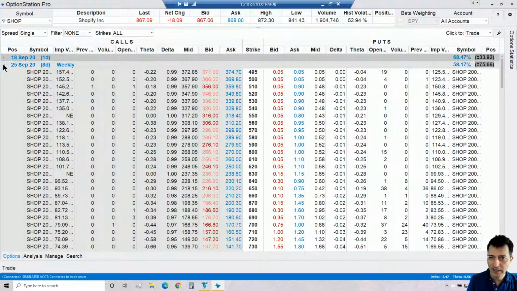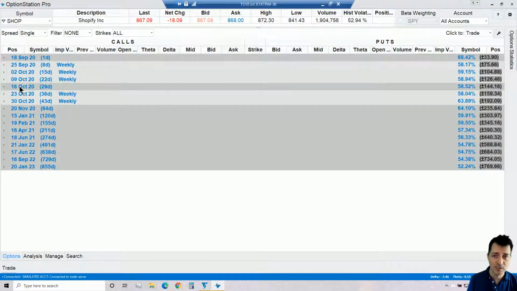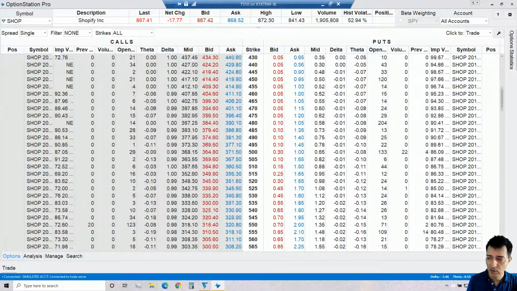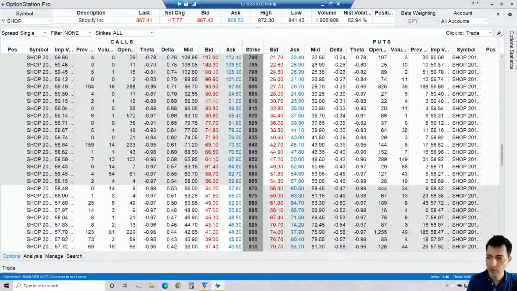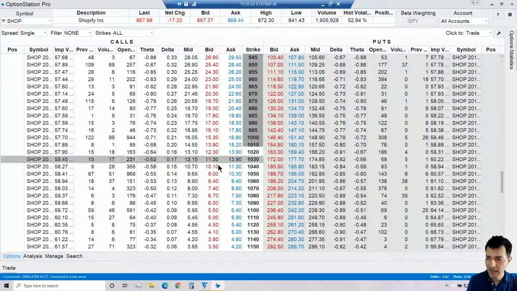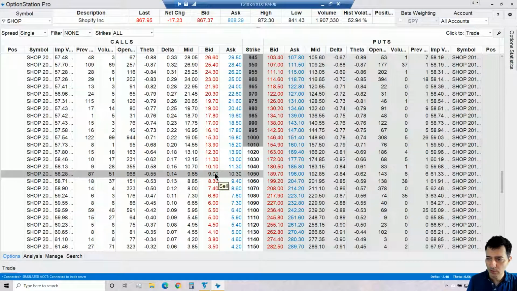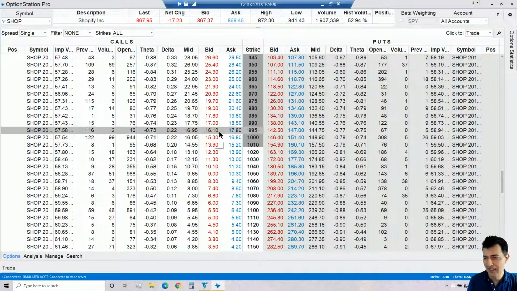The only way to make this trade work would be to point at October 16, because October 16 is the monthly expiration date. You can see that the word weekly is not there, so that's a monthly expiration date, and monthly expiration dates normally are more liquid. So if I was to look at the 1040, for example, not only will I get more premium, but typically I would have better liquidity. Even though it's not super, I got better liquidity.